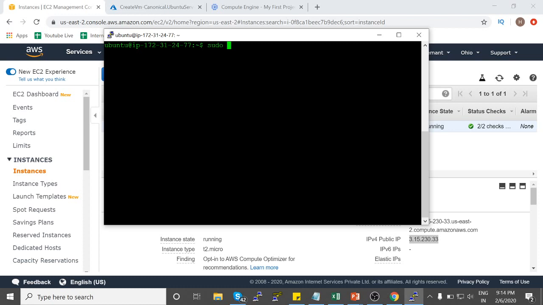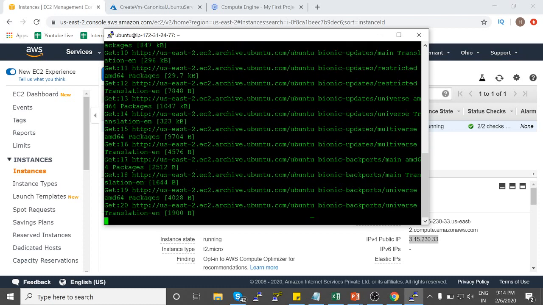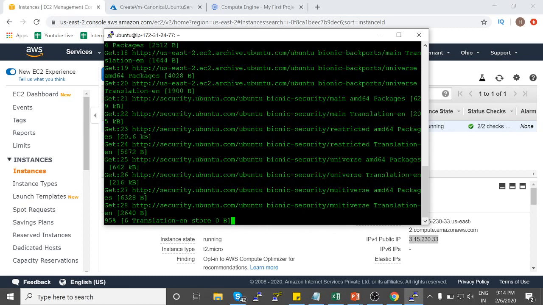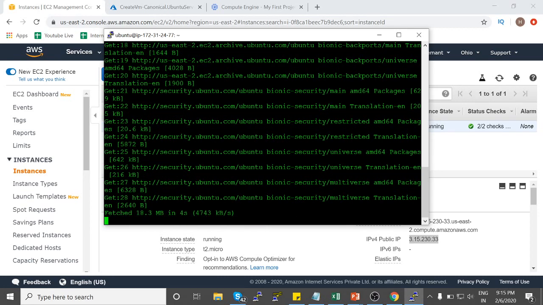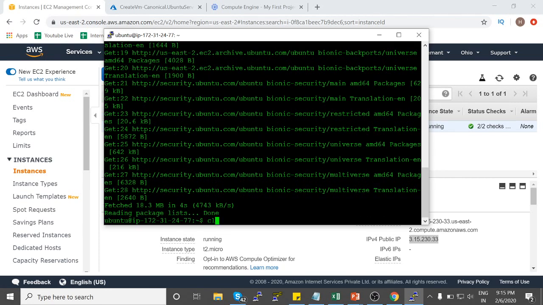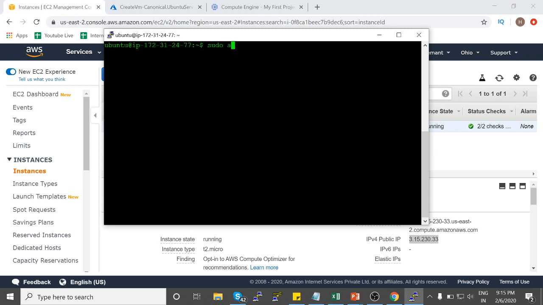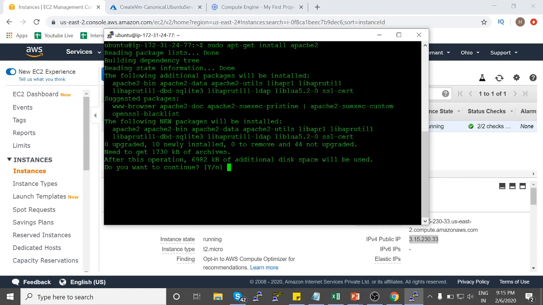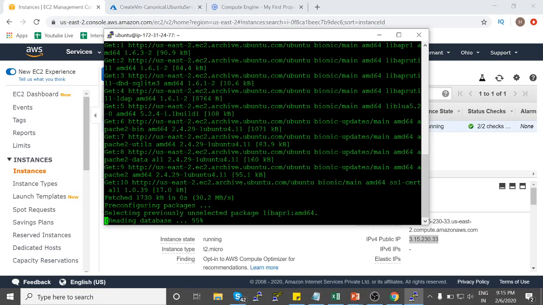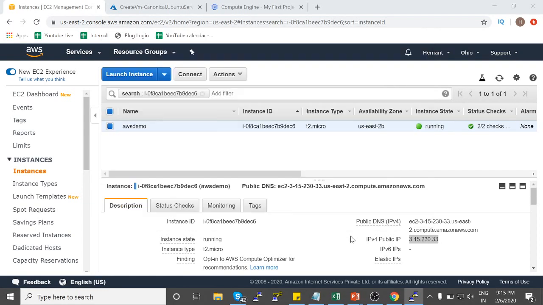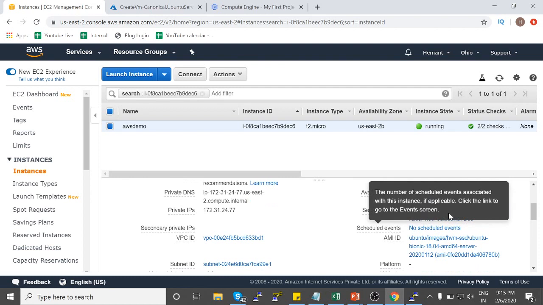So what I can do is I can just go ahead and do anything on this operating system. I can update this machine, I can install any software that I want, right? And everything is super fast over here. The reason for that is this is the AWS infrastructure, right? So let's go ahead and install a web server. And with this simple command, now if you go to your